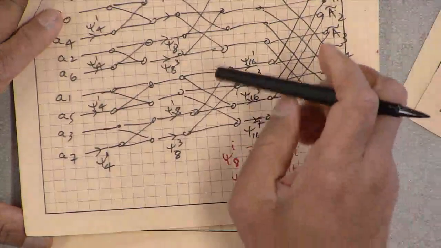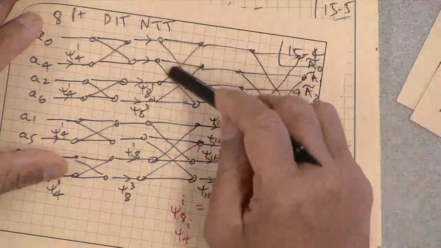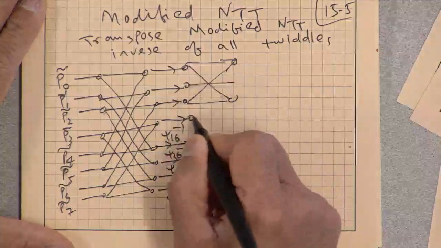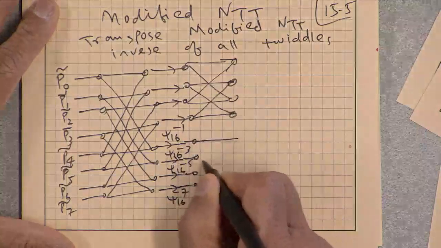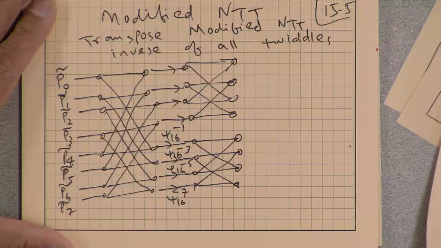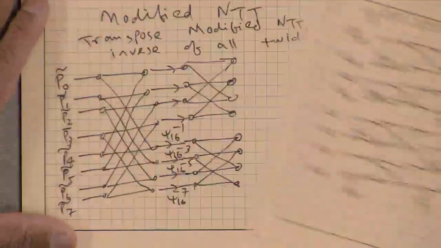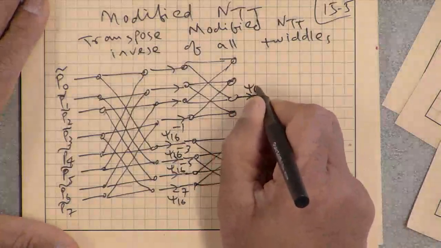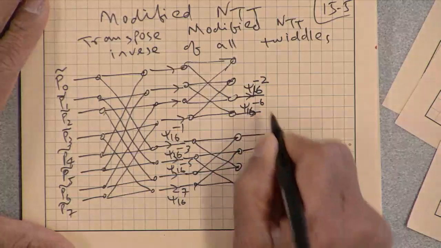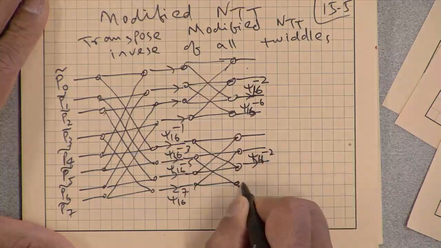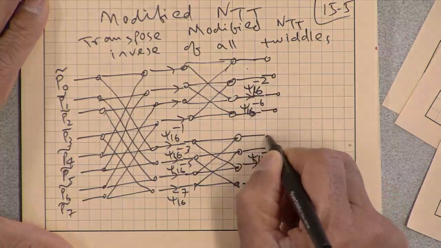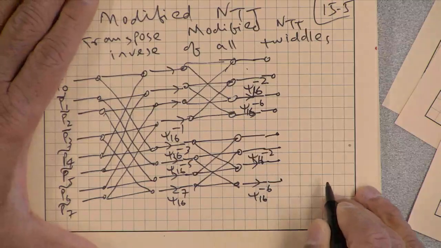Okay, so we have now transposed all the way up to here, and then these butterflies. Leave the first 2 alone, second 2 psi 8. I can put them back to psi 16 to the power minus 2 and minus 6. These first 2 are left alone, psi 8 to the power minus 1 and 3 are psi 16 to the power minus 2 and 6. Okay, so we are done with these twiddles, and finally